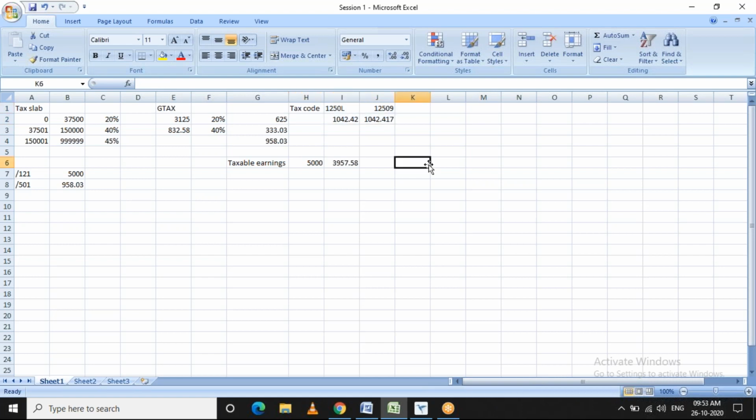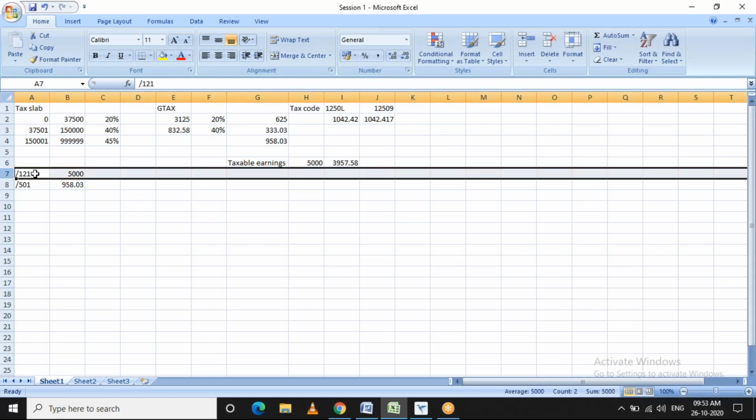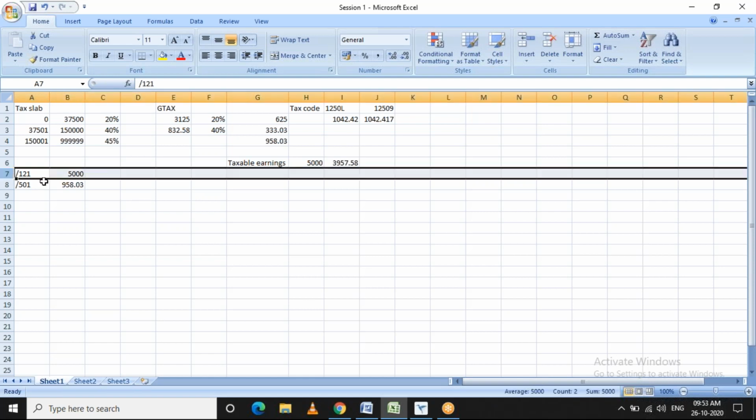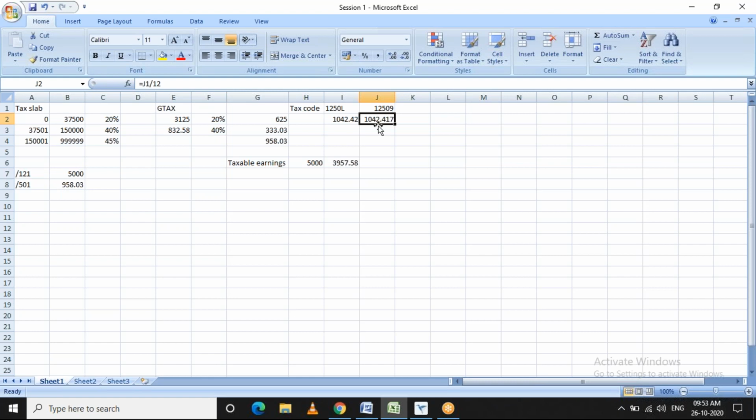Yes. Okay, so now as I said, our tax base will be the /121 wage type. Whatever earnings we are paying to the employee which should be considered for tax calculation will be cumulated to the wage type /121, right? So whatever the amount in this /121 will be reduced by this value for tax calculation. Clear? Yes. Okay, now we have to see how the slabs are applied.